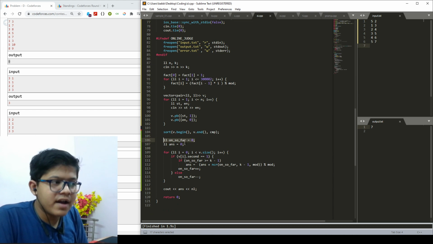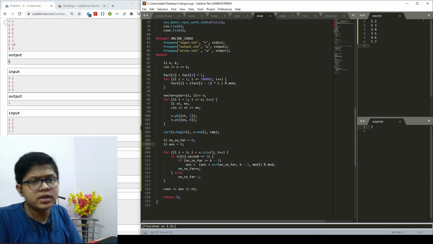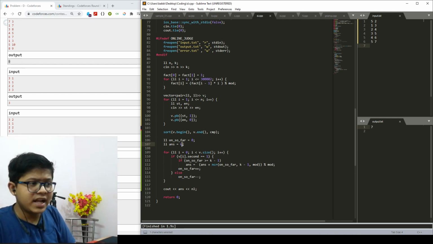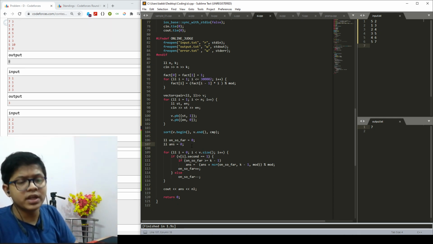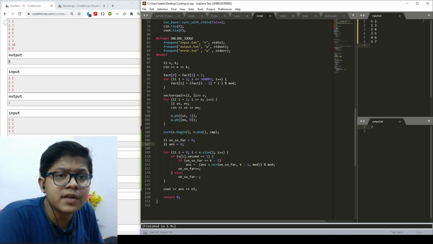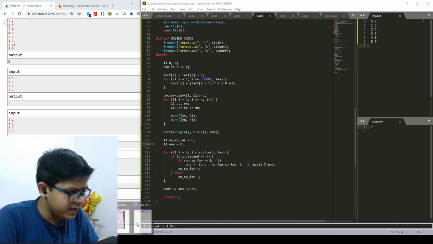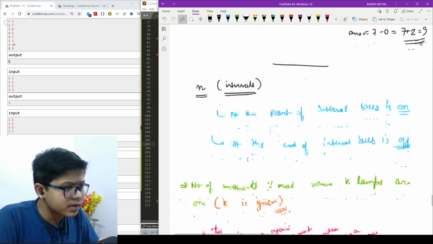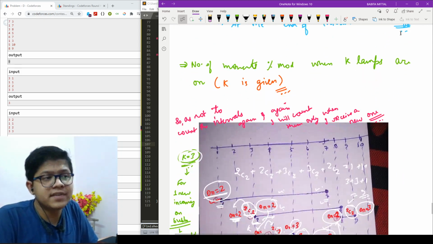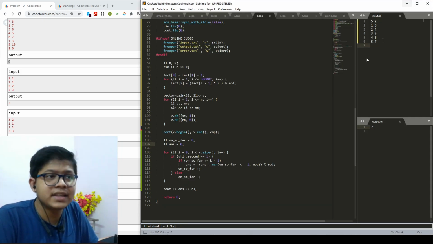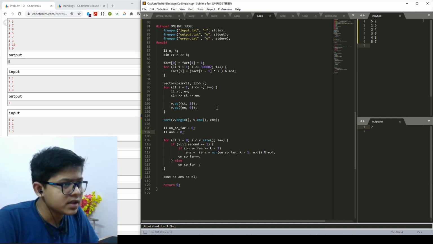So now I have my variable on so far, which will indicate how much on I have so far. Then I will have my answer, which will store the final number of overlappings, or what we need to find out actually, the number of movements when your k lamps are on.